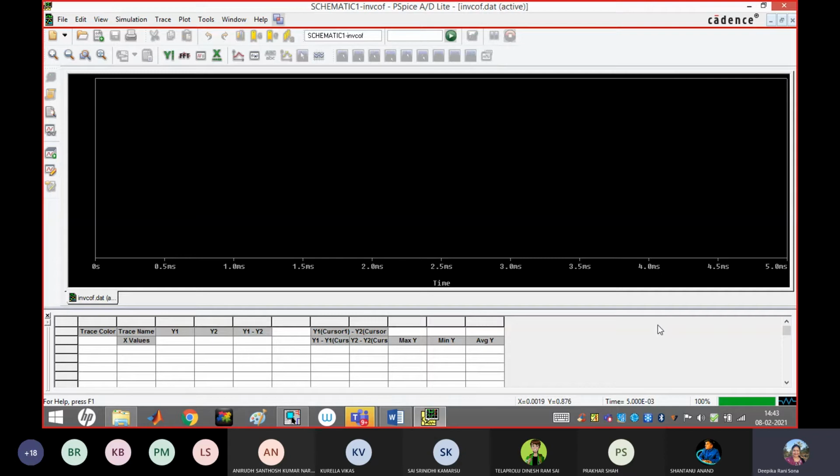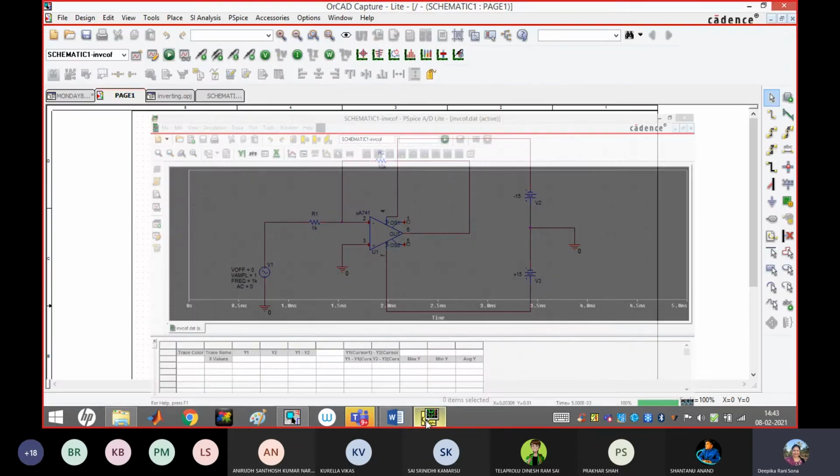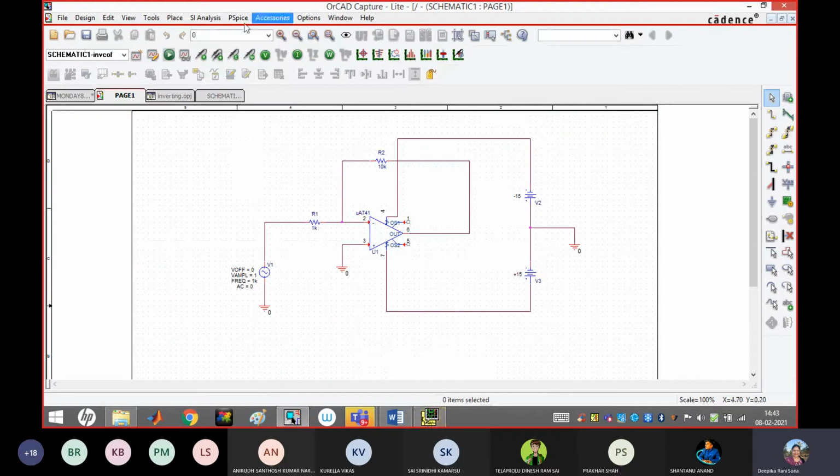Now I have to go to my project page. What I have to do? Look here. Like in hardware, we are using the voltmeter probe to check the output voltage. Similarly, the same probe option is here. We have to click this.